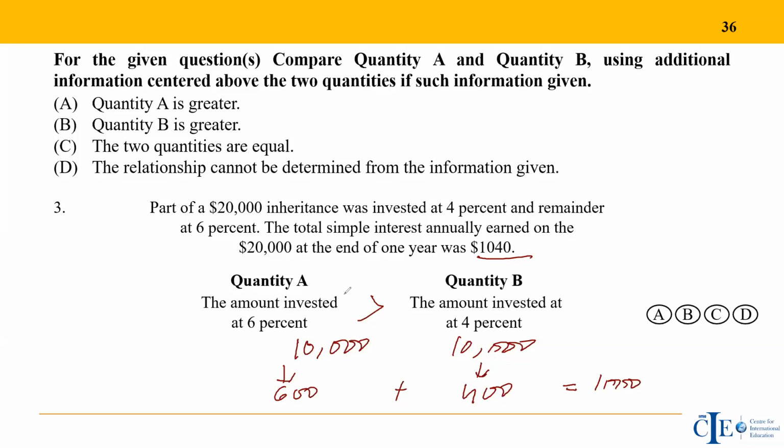Suppose the total interest at the end of the year was not 1040, but was given as 940. Now the total interest on equal split comes out to be 1,000, which is greater than 940. Now that is not allowed. So I should have more money invested at 4% than at 6%, so that the total return would become less than 1,000. Now what are these values? I'm not interested, because we just needed to compare, right?